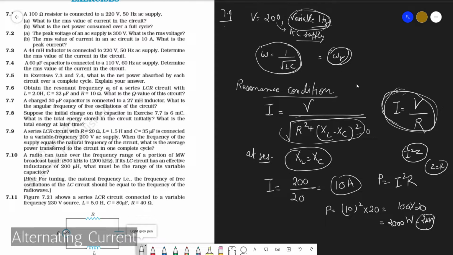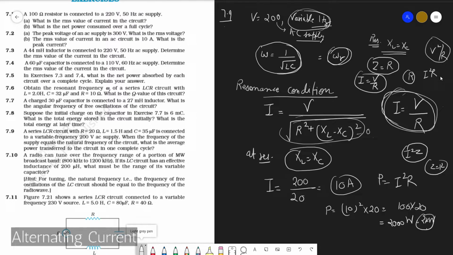So this is a solution. Remember this: in a resonant condition, XL is equal to XC. Since XL is equal to XC, Z becomes equal to R. Since Z becomes equal to R, I is equal to V by R. And if you need to find power, it will be only across the resistor, which is I square R or V square by